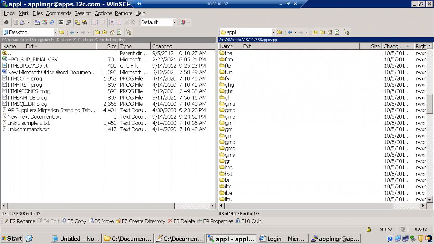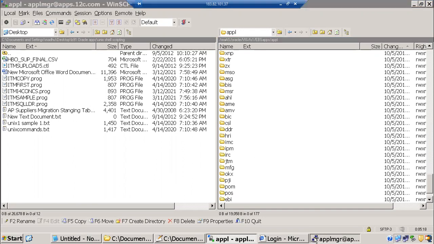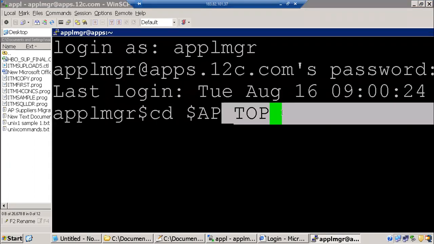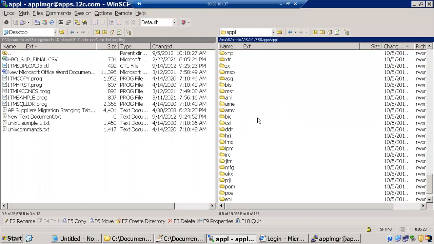There are around 280 plus modules. For every module, whatever folder you see, that's called a top. Top means what? It's a directory in the application server. So right now, this is the application top. Under this, there are various module tops. So AP top,